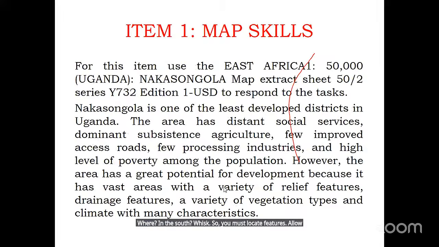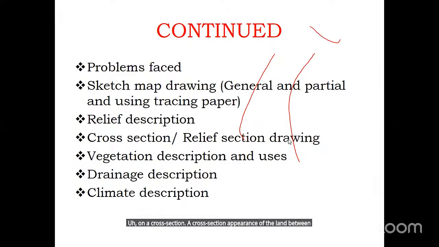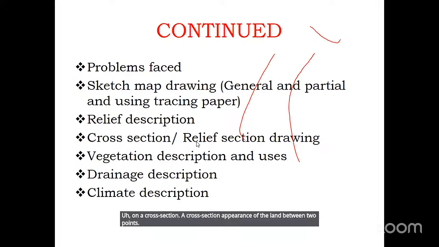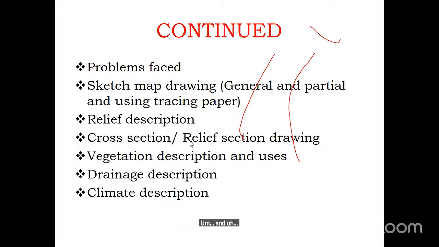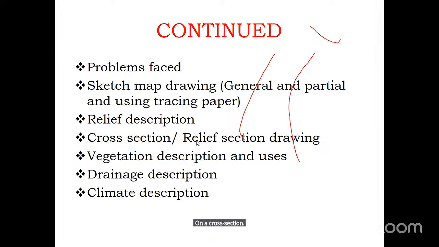Allow me to run through a cross section, just to say something on a cross section. A cross section is the appearance of the land between 2 points. And these are the conditions that must appear, or items that must appear, on a cross section. An accurate title,